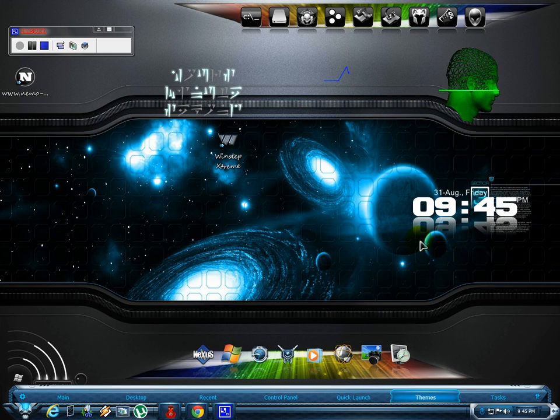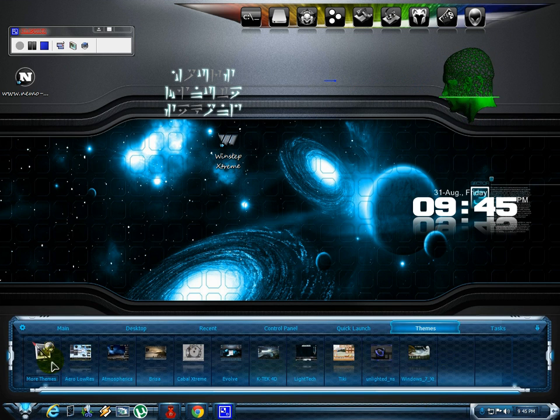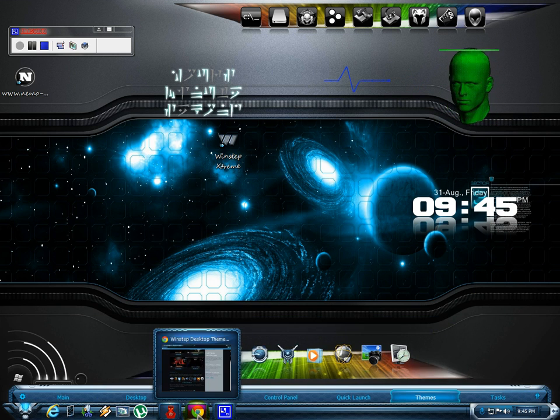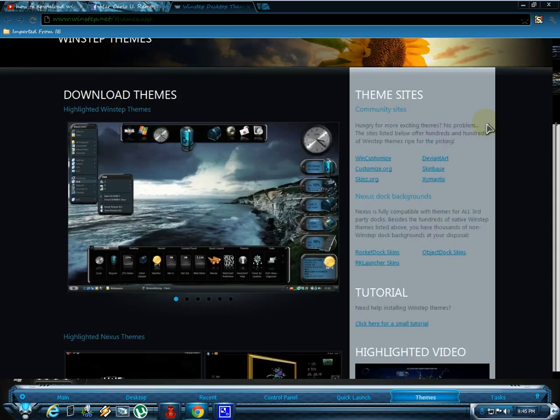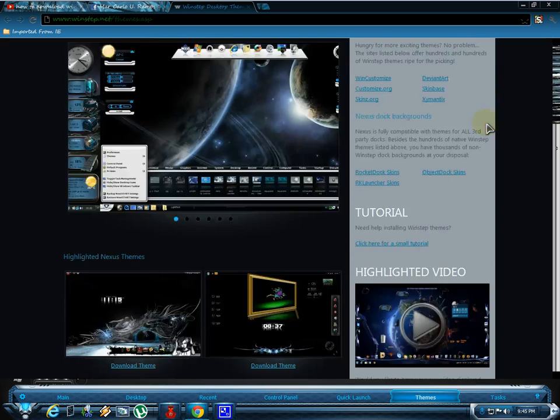You can do that by clicking the theme button on your dock number 1 and click more themes. After clicking, this will automatically open your internet browser and take you to this link or site.